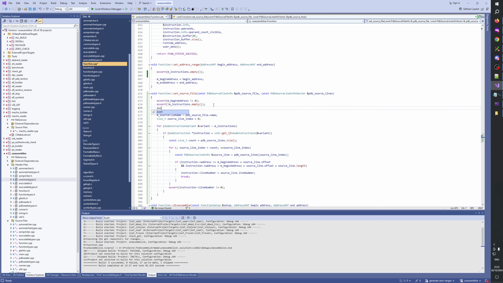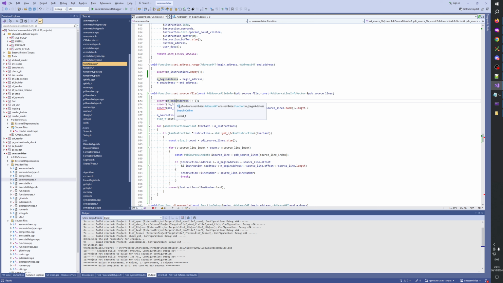Can add another assert here. Assert source dot empty, or maybe source lines dot back dot offset plus length smaller,